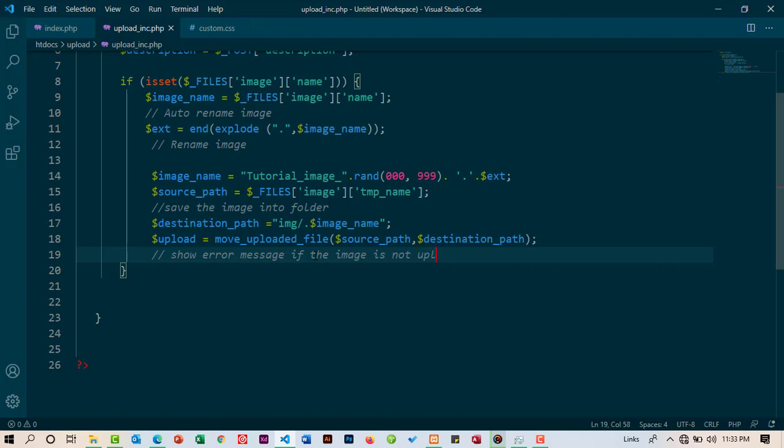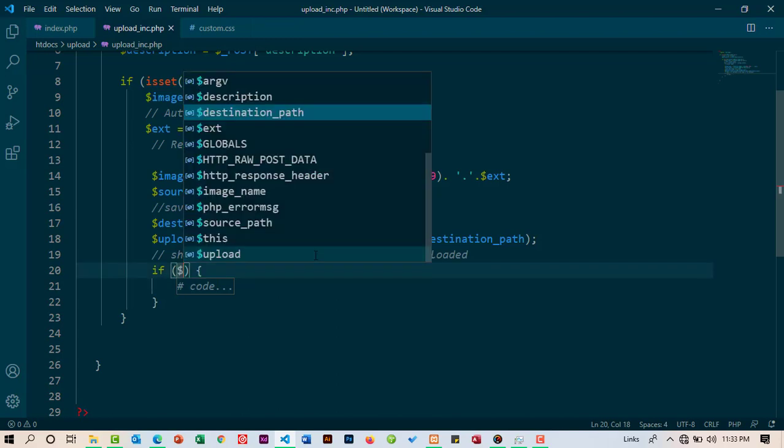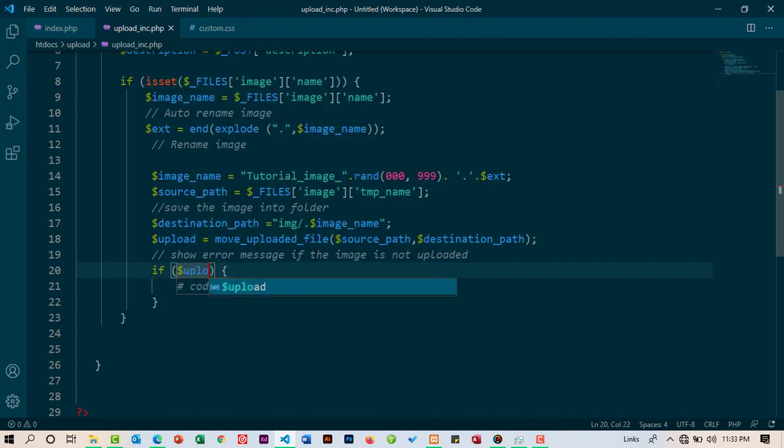To be able to do that, we are going to create an if statement. We're just going to say if, and the condition will be the variable uploaded. So if it is equal to false,